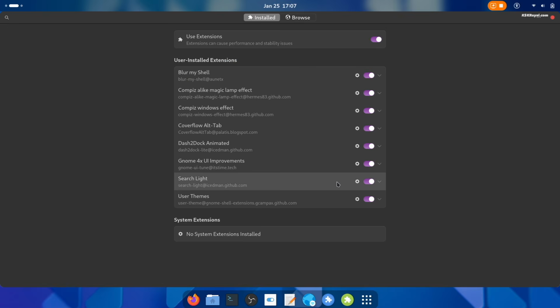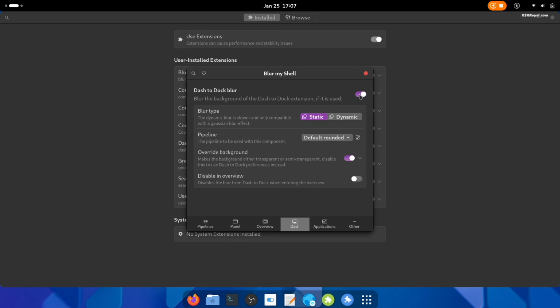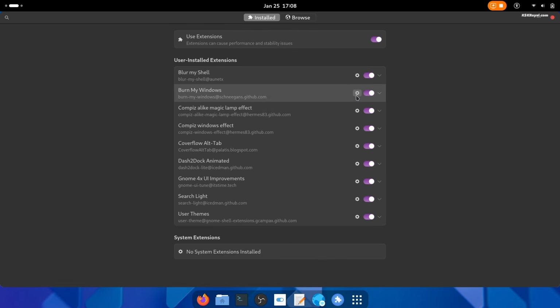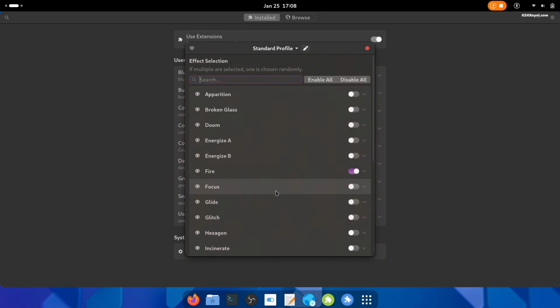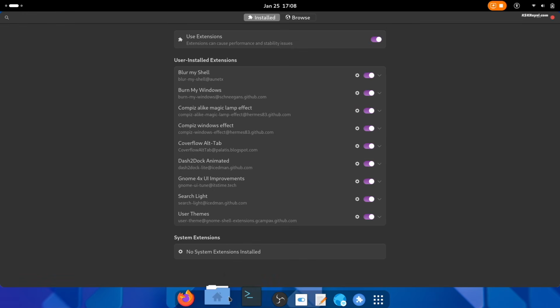Now click on Blur My Shell settings. Disable the blur effect for the panel and dock. Then open Burn My Windows settings. Disable the fire effect and enable the focus effect. This ensures smooth transitions when opening or closing applications.